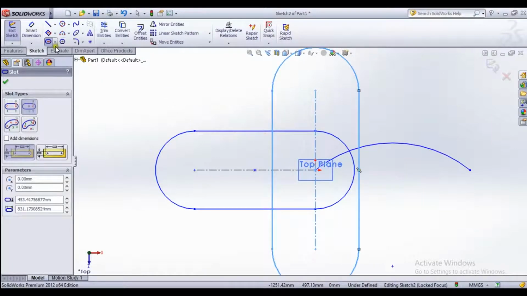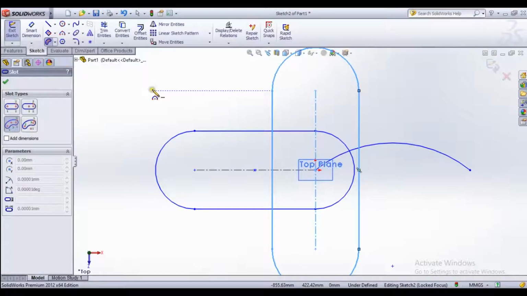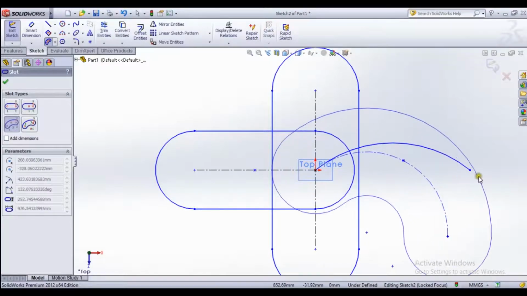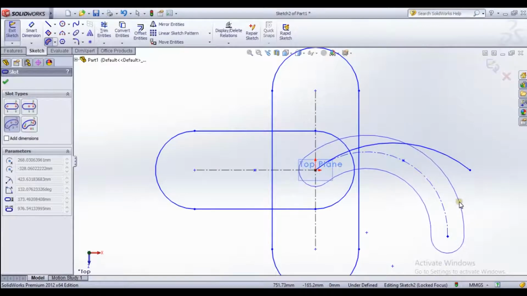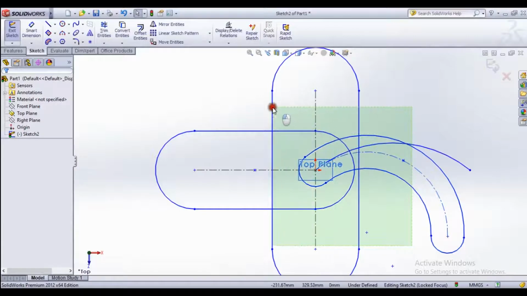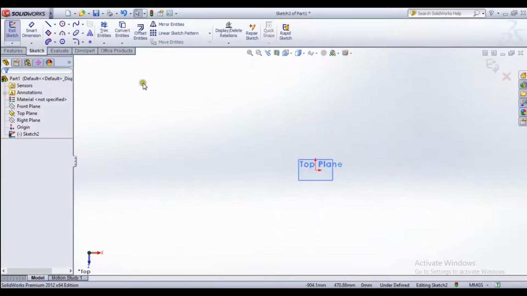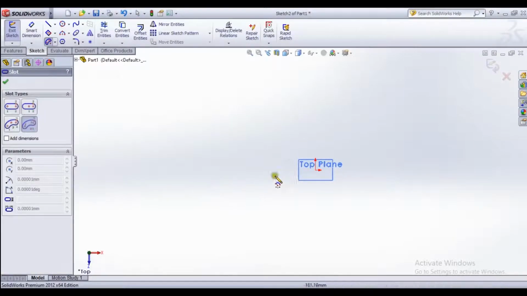Now see, the other slot type is 3-point arc slot. Here we can draw an arc and select the arc radius, and the slot is driven through the arc. You see there are so many types of useful tools in SolidWorks and shortcut tools, so we need to identify all these tools before we start the drawings.